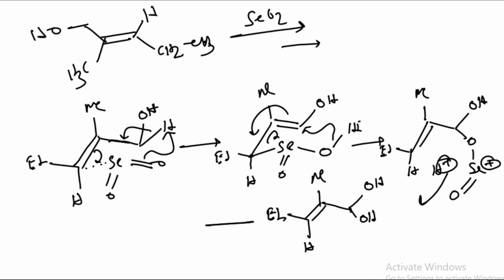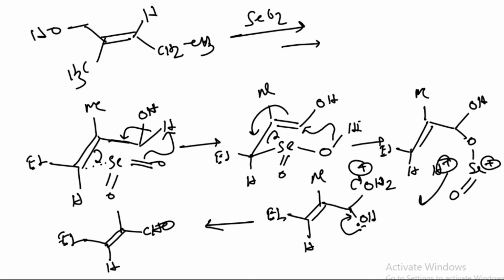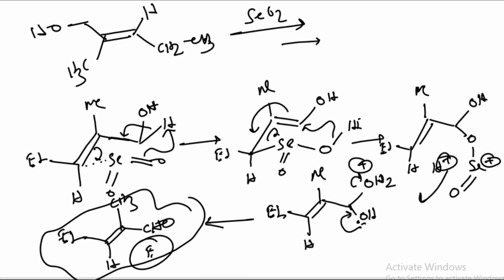Now you know that in presence of acid, one of the alcohols will be protonated, and the lone pair of the other alcohol group pushes back, this cleaves. So you end up with an alcohol which is also of E type, because this forms from the E selectivity allylic alcohol. Okay, so this alcohol is also of E type. So this is how the carbonyl is forming due to the selenium oxide hydroxylation.